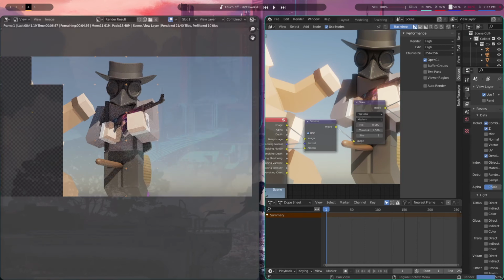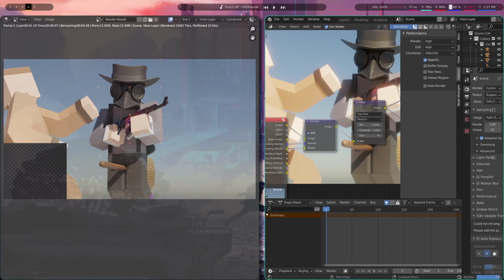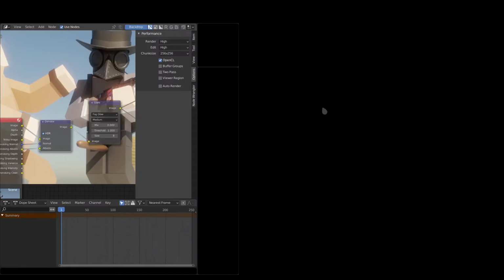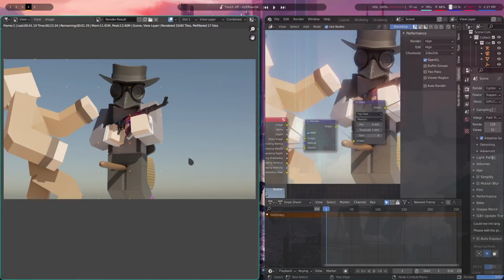In the event that you don't want to denoise because you think there are some artifacts or something, well, that's in the background. So under sampling in your render properties, under render sampling, this is how many times the computer tries to guess at the spot. If you increase that number, of course, there are more times the computer tries to guess and the more accurate it is. Because there's always going to be a bit of a